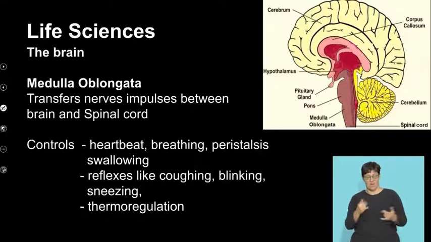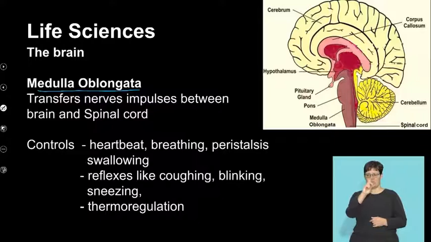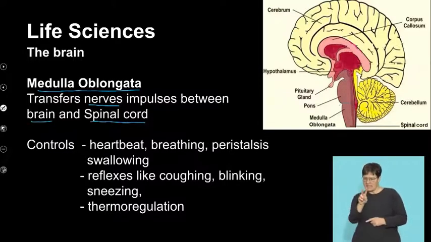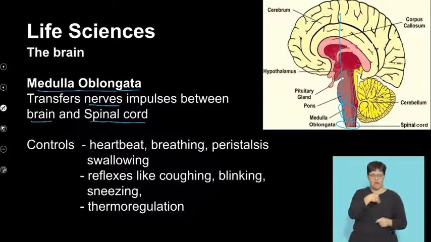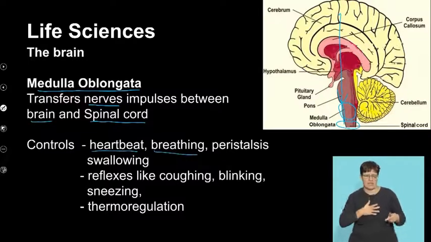So now we're going to look at the medulla oblongata. That transfers the nerve impulses between the brain and the spinal cord. Now, it doesn't take a brain surgeon to see that, because the medulla oblongata is located in between the brain and the spinal cord. Right, so it transfers the impulses through to the spinal cord. Now, the medulla oblongata is a very important part of our brain, and it controls our heartbeat, our breathing,